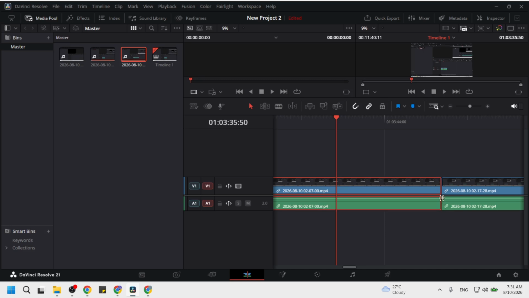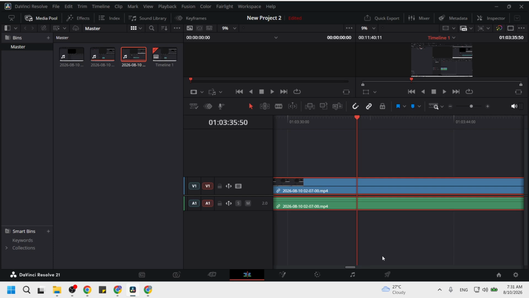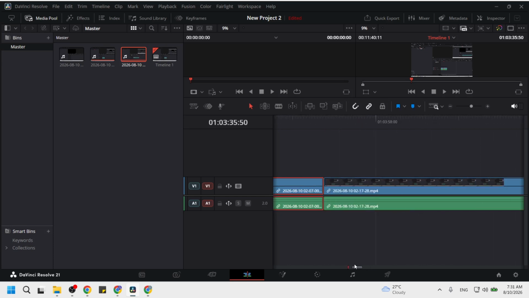Zoom in on the timeline if the clips look very small, so that you can clearly see the exact junction between them. When your cursor is over the cut line, you might notice a slight highlight or different cursor shape, showing that Resolve has detected the edit point. Beginners often miss the exact cut and accidentally select the clip instead, so take a moment to hover until you see that you are exactly on the line.